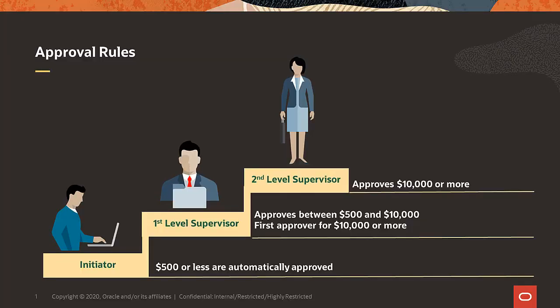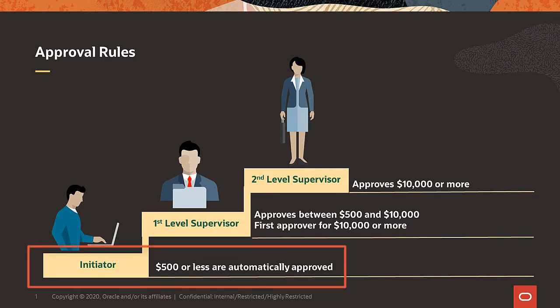In this tutorial, I'll show you how to create journal approval rules that either automatically approve a journal batch or that route the batch for approval based on the ledger and journal amounts. In this example, I'm going to create approval rules for the Vision Corporation ledger. If the largest journal amount in a batch is 500 or less, the batch doesn't require approval or it's automatically